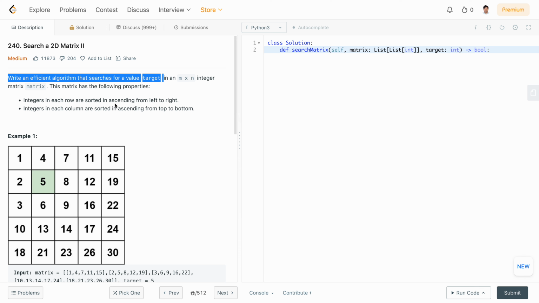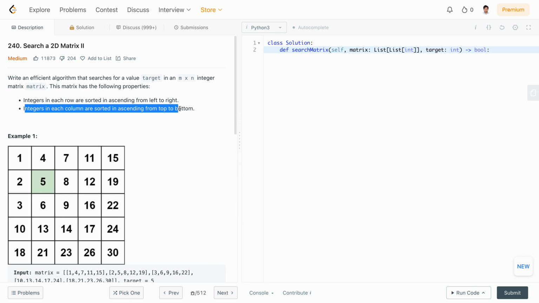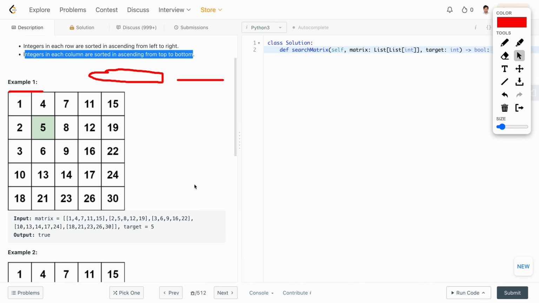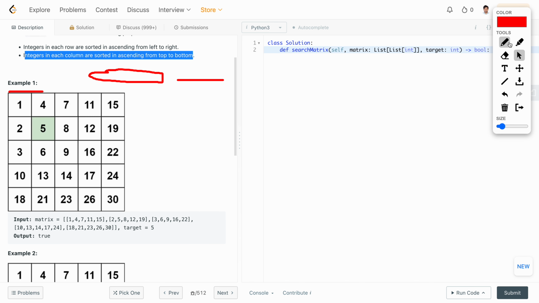Integers in each row are sorted in ascending order from left to right. Integers in each column are sorted in ascending order from top to bottom. Okay, so we need to search for a target in an m cross n integer matrix. So definitely one thing is sure, that we are going to apply binary search. One algorithm that I can think of is to